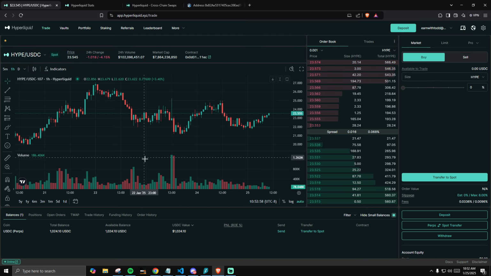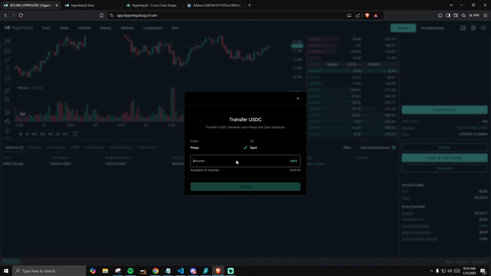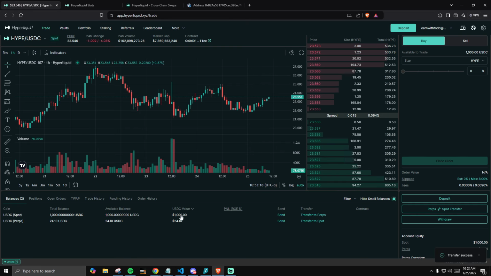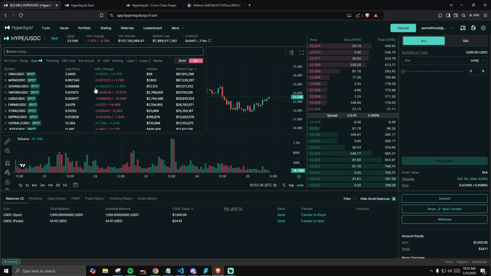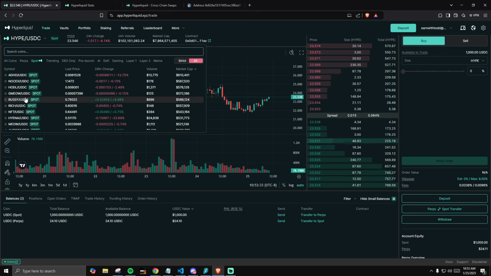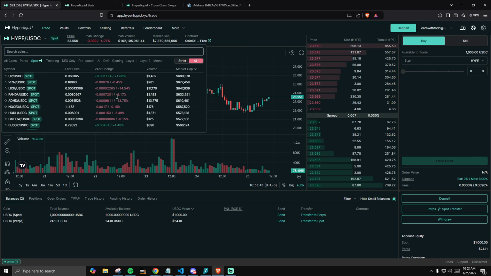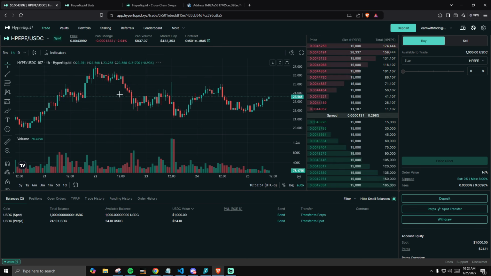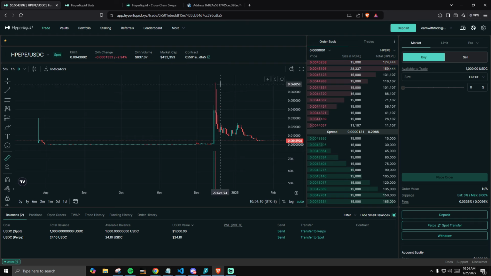Now, before I dive into the perpetual setup, I'm going to go ahead and click on the spot transfer. So I'm going to put $1,000 into my regular spot account, click on confirm. And now that I have an even $1,000, I'm going to give you a little bit of juice of what tokens to look at on Hyperliquid, because over the course of a couple hours, I did some analysis on every single spot pair that there was on Hyperliquid. And the number one buying opportunity that I found, as far as where an all-time high would be, is definitely HyperPepe. So if I pull out the daily chart here, we can see it's at a market cap of $432,000,